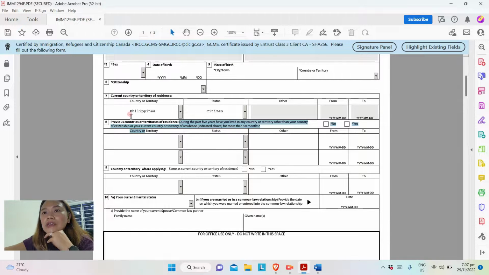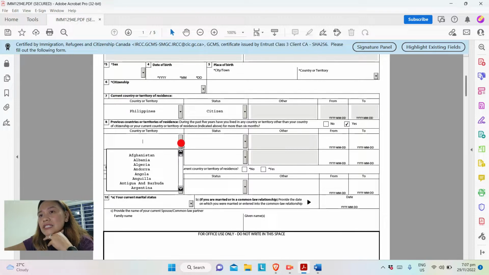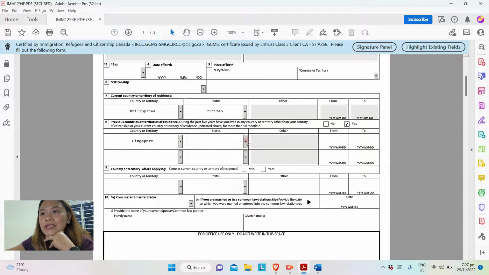If, for example, you are working abroad, you would have to say yes. Or for example, you were a previous OFW last year and then went back home to the Philippines. Let's just say you worked in Singapore. Let's just use me as an example. So right there, Singapore, then worker,